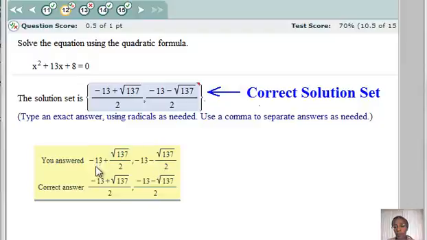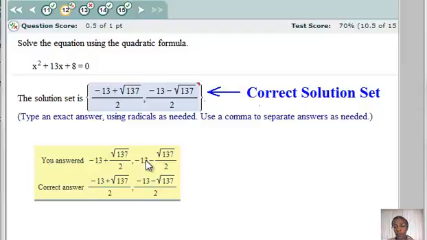The incorrect answer that I'm pointing to here is negative 13 plus the square root of 137 divided by 2, and then negative 13 minus the square root of 137 divided by 2,